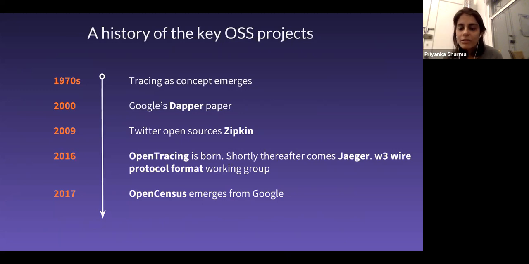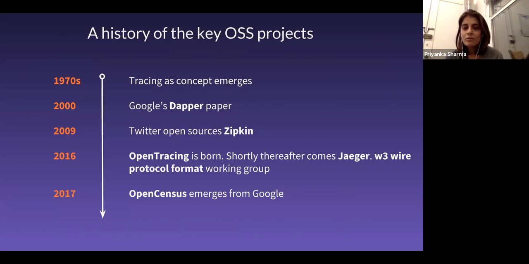And then there was a large gap. As you can see in my timeline here, we have nothing happening for a bunch of years until 2016, when OpenTracing was born. So, Zipkin, just to be clear, is a tracing system. That is where you go look at traces and they've been collected and all of that stuff. OpenTracing in 2016 came along as not a tracing system, but rather addressing a key problem in why distributed tracing was not getting adopted, which is that instrumenting your code to get traces is a tedious job, and only the few biggest companies had invested in it till then.